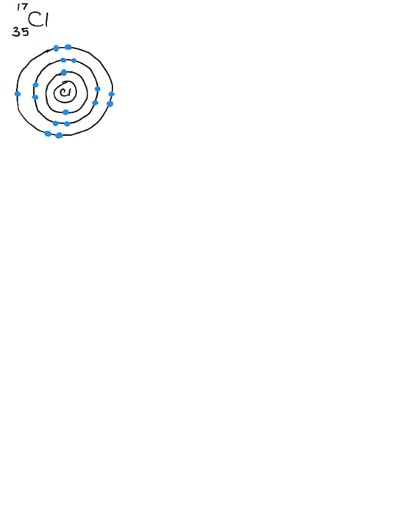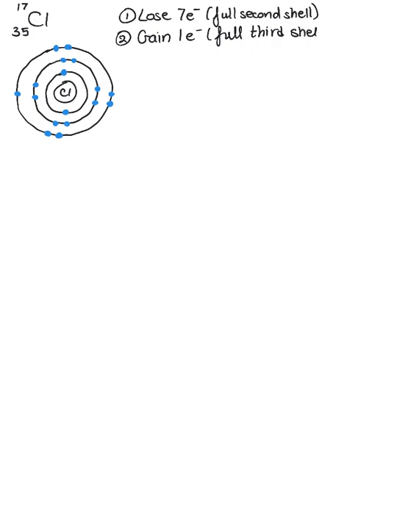So that means that in order to achieve a full shell, chlorine has 2 options. First option is to lose all 7 electrons, so it'll have a full second shell. Or it can gain 1 electron and have a full